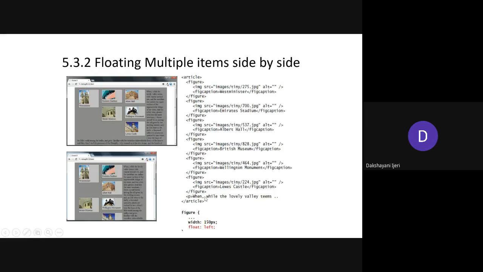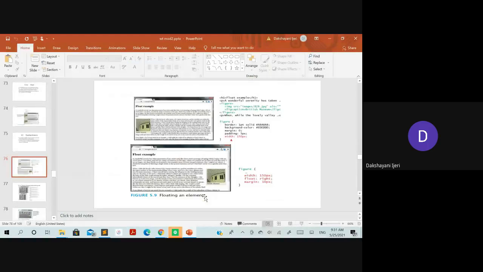So don't be confused about which element you have to apply the float property to. Apply it to the one which you want to be fixed at one position, and the rest of the content is going to flow around it. So to the one you want to fix, you just use the float property with a specific value, and for the rest of the content you need not define any values. Instead, the rest of the content is going to flow around the content to which the float property has been applied. Okay, so I'll show an example here.